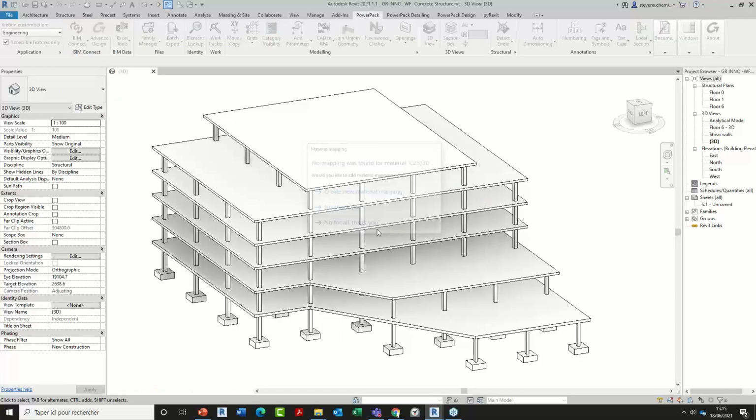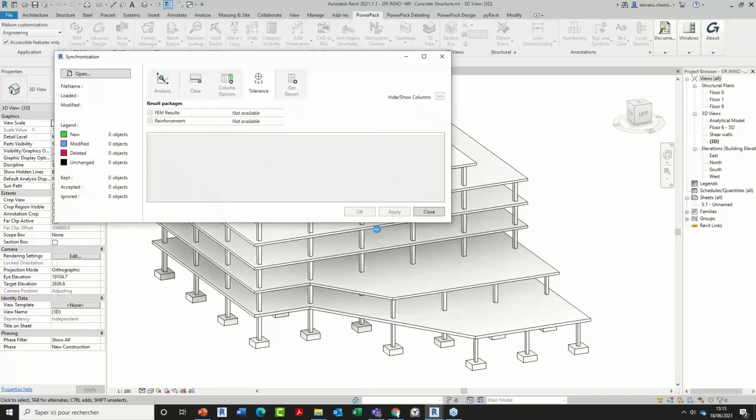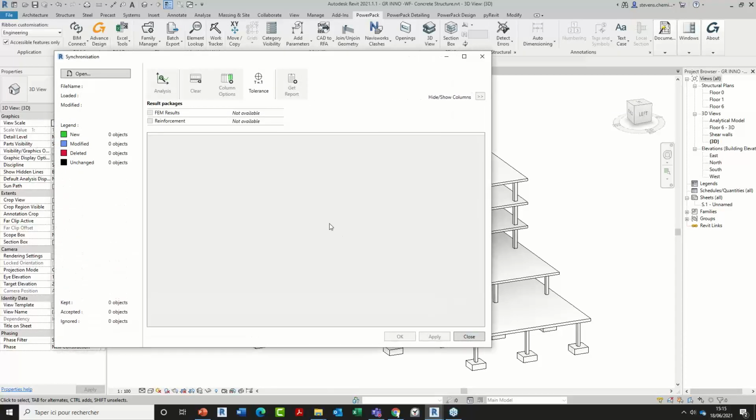So we now have a completely new user interface in our 2022 version, which will be easier to manipulate in case of synchronization between Advanced Design and Revit. In this dialog box, we are keeping globally the same frame as the previous version, with graphical color legends, this notion of decision, and you will find a kind of global schedule here according to the files we are going to select.